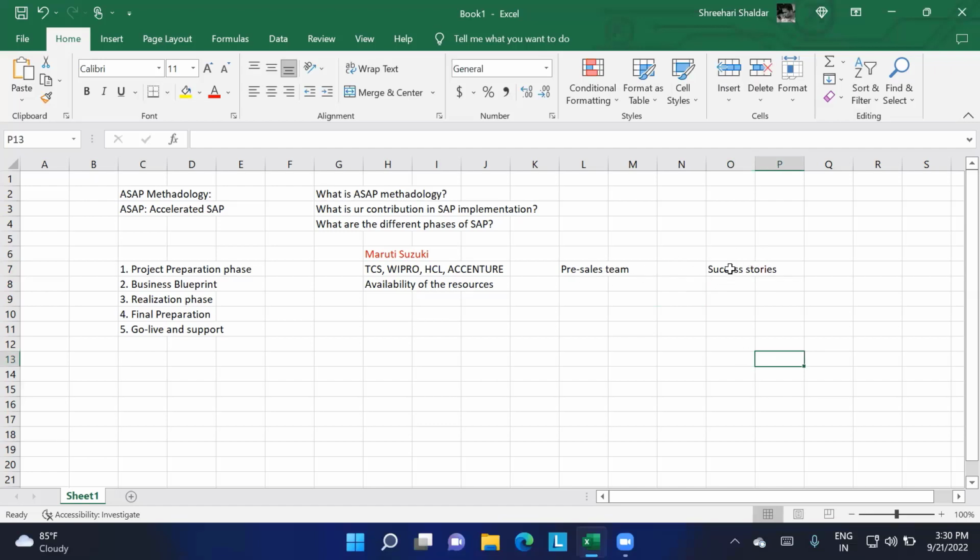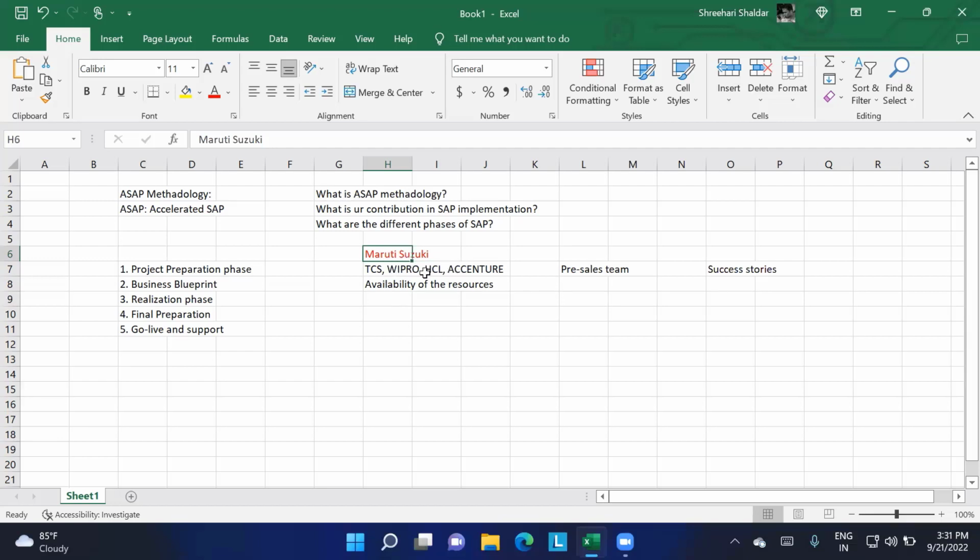They're going to tell their success stories, and Maruti is going to think, okay, this model is... So let us consider that TCS might have done this work for some particular company, and that company, which implemented SAP, is similar to Maruti. Then Maruti will rely on TCS because they are going through the same process or the same business procedures.